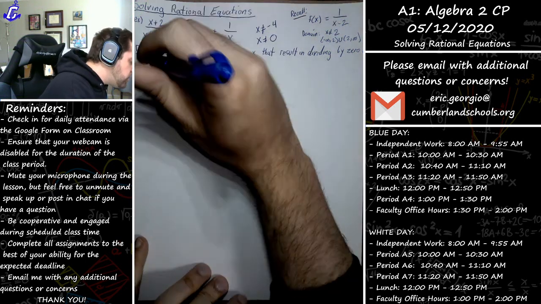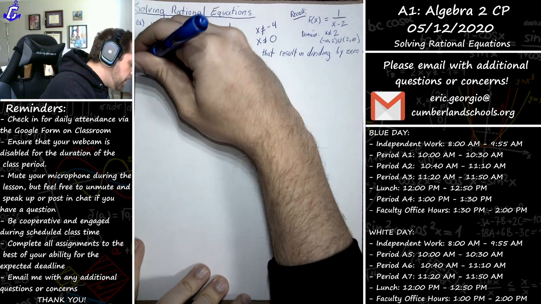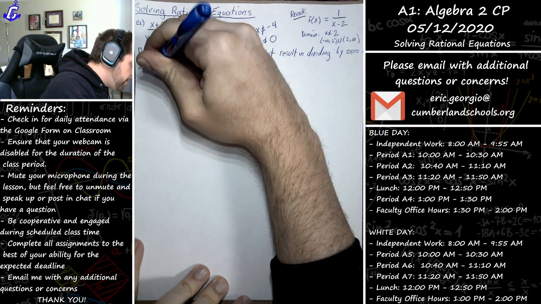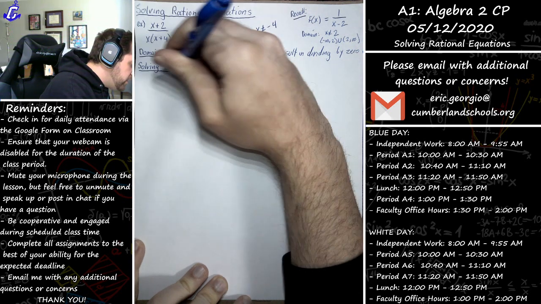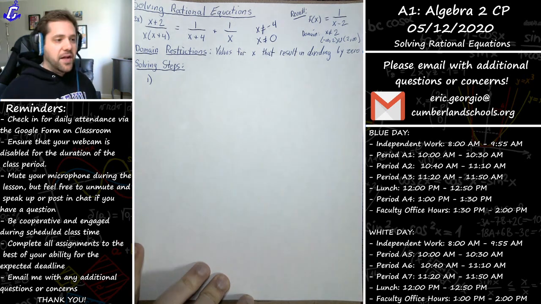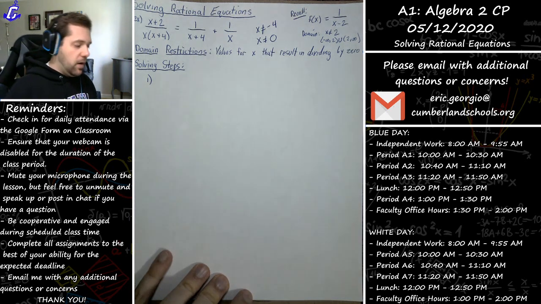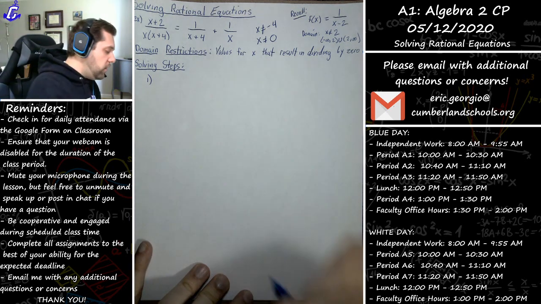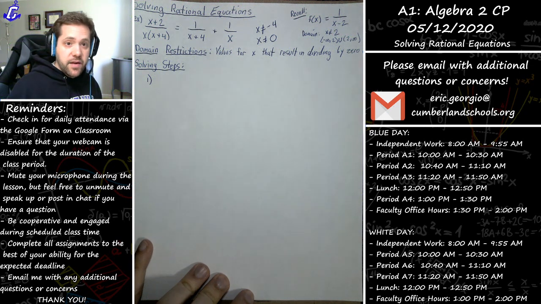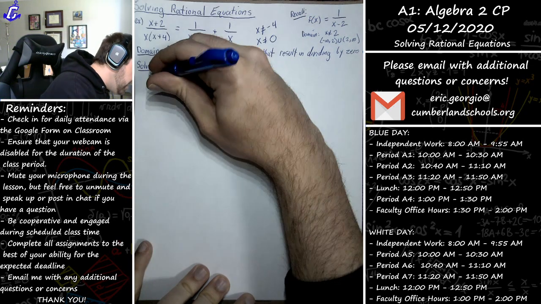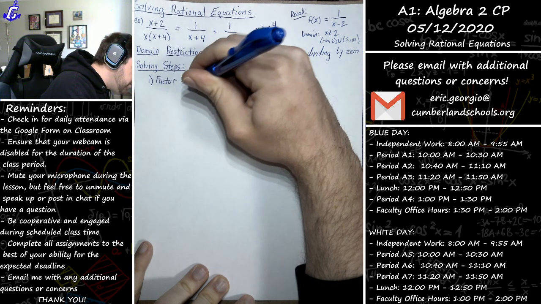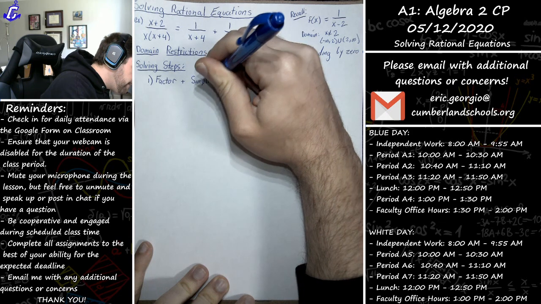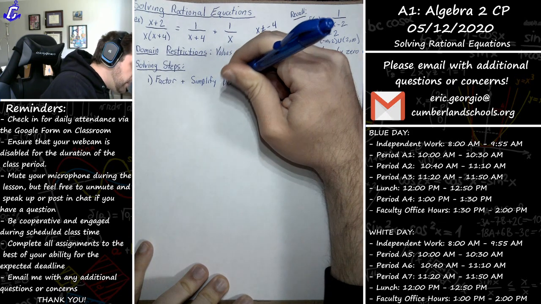When we solve rational equations, there's really just a couple steps that we are going to take in order to really tackle any one of these problems. All right, the first of which is we're going to try, as best we can anyway, to factor and simplify the denominators. We saw last class